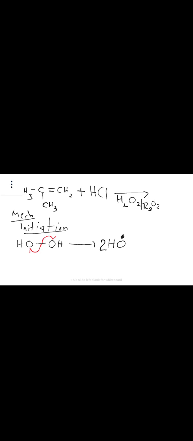Now, once you have formed the peroxide radical, for alkenes we have 2 equations for initiation. For alkanes, we only had 1 equation. So for alkenes, we form the radical, the peroxide radical. Then the peroxide radical now reacts with your HCl molecule. So equation number 2 of